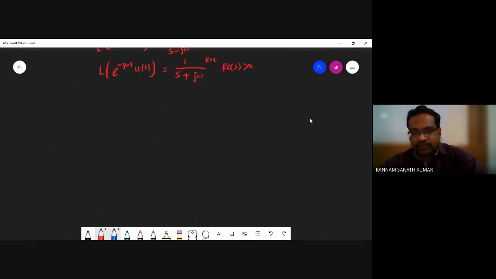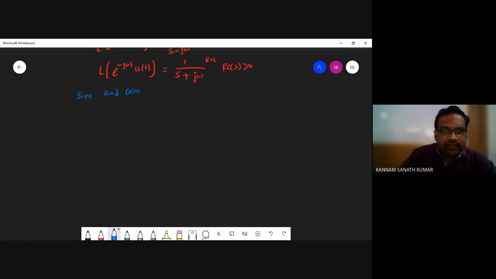So that was the complex exponential. Now we'll see the Laplace transform of two functions, the sine function and the cosine function, and then we will stop the class. So what are these functions? x of t equal to cos omega t u of t, and the sine function, sin omega t u of t.